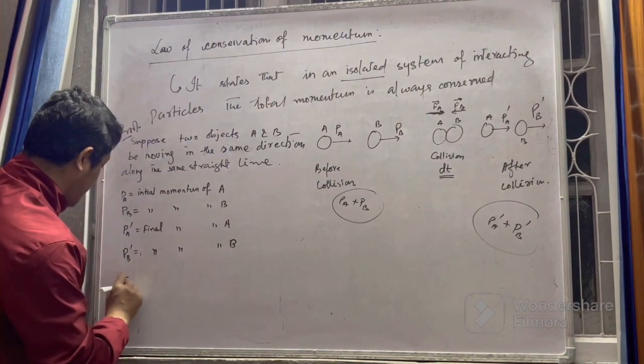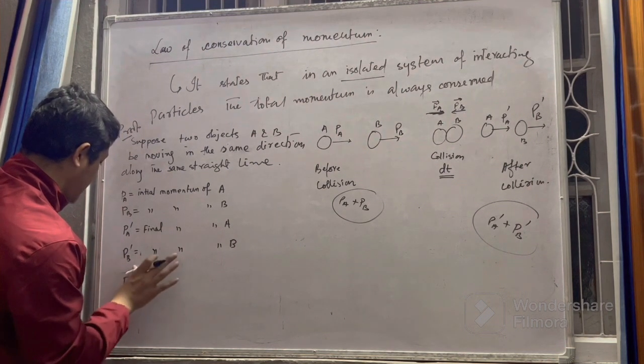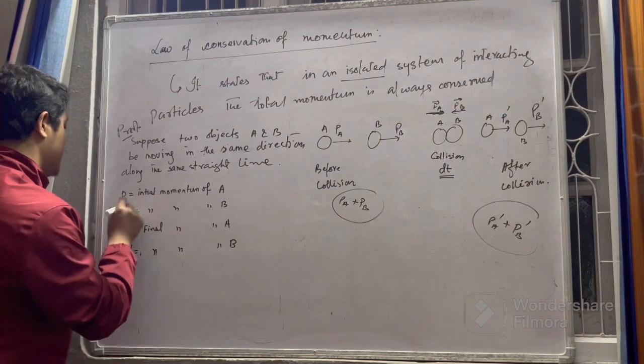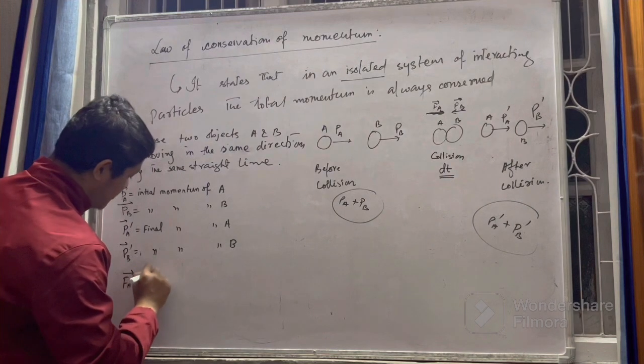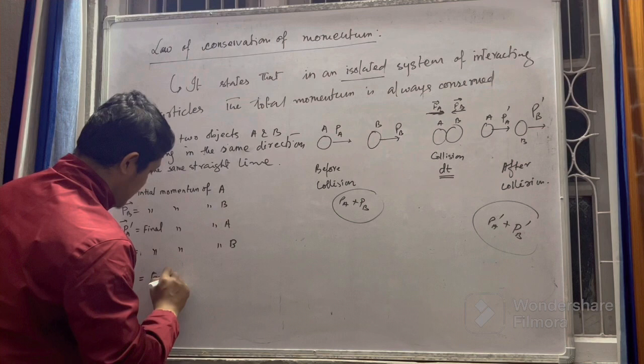And Fa is the force. So let me use the vector symbol here. Momentum is also a vector quantity. So Fa is the force exerted by